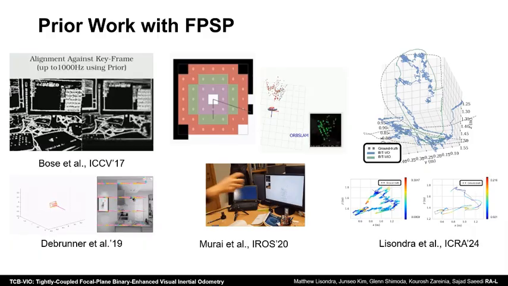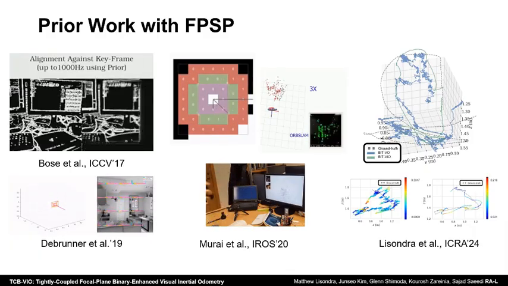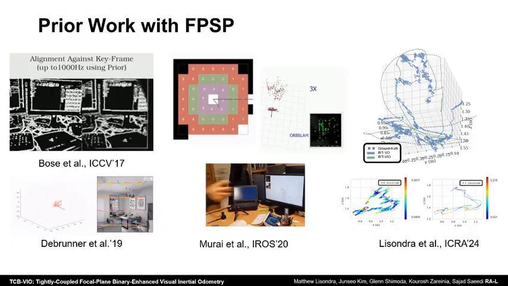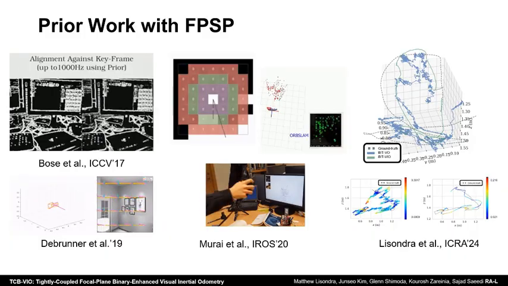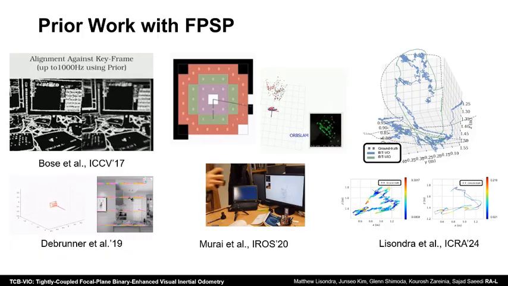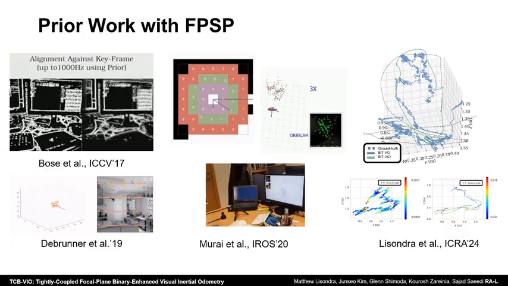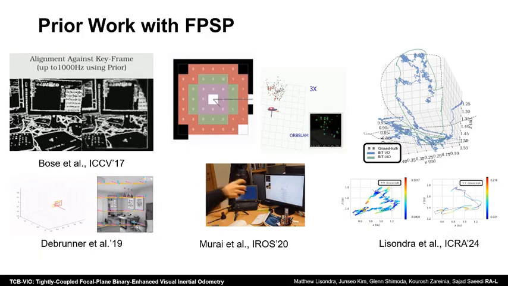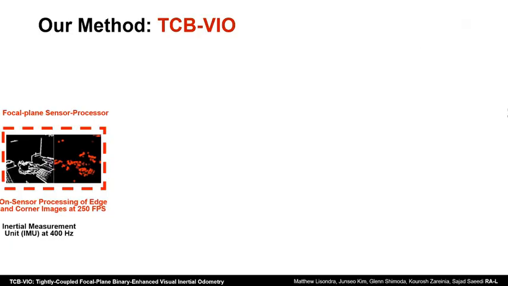There was a prior work with FPSPs in 2024, and it was known as BIT-VIO, here on the far right. You can see that the loosely coupled VIO approach outperformed the prior middle BIT-VO, but it was a loosely coupled approach, and we want to deal with a tightly coupled approach now. So our method is TCB-VIO, which is a tightly coupled approach that deals with on-sensor processing of edge and corner